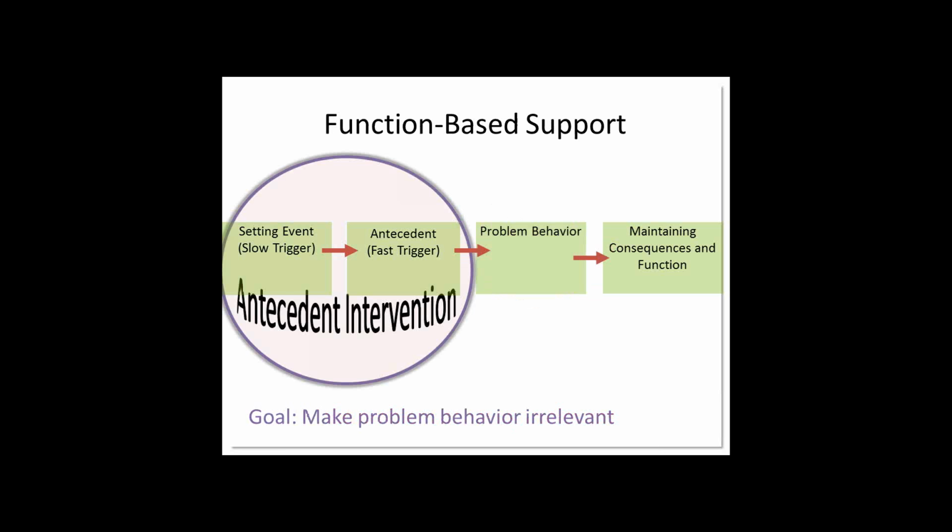So Peg, you touched on a little bit the difference between a brief and complex. Do you have anything to add to that, as one of our participants asked that question? When you're looking at the complex, you're looking at behaviors that are not just happening in one environment, or they are a more severe behavior. They're impacting more areas of concern. So it's not just that the student isn't able to do their independent work. They may be doing multiple things in that classroom setting. So it may be one setting, but you've got multiple behaviors going on. Or it may be that you have behaviors going on across multiple environments.